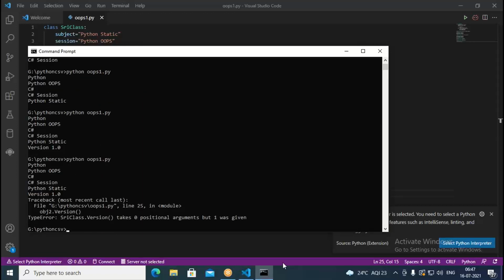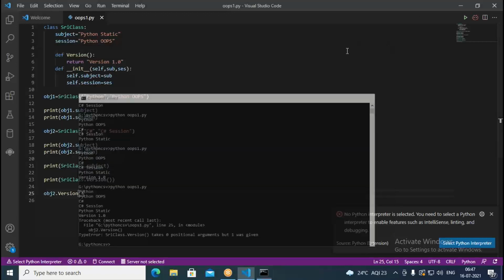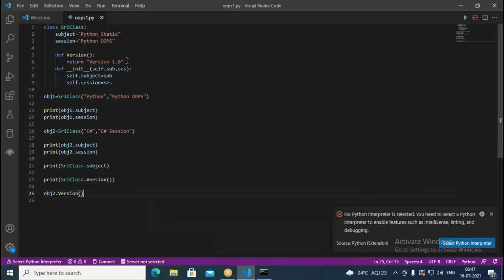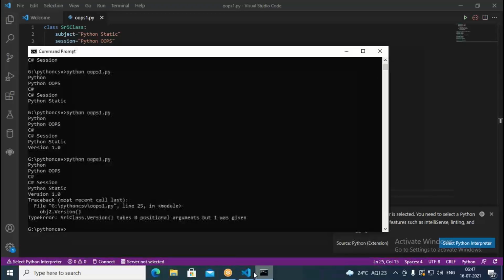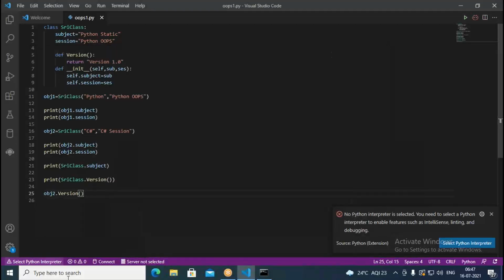It is giving an error. Okay, so you cannot use that. Object 2 dot version, if you try to use it, it's nothing but an error. It is unable to use that because it does not belong to the object, it belongs to the class. Since it belongs to the class, it cannot be used with the object.